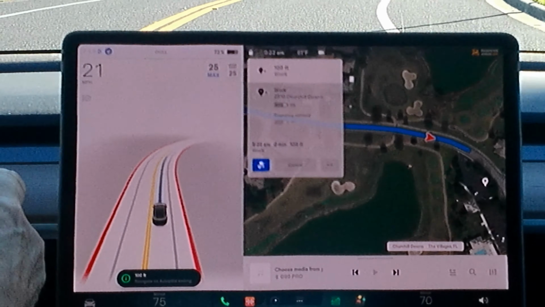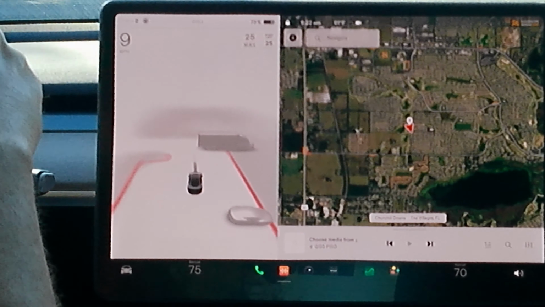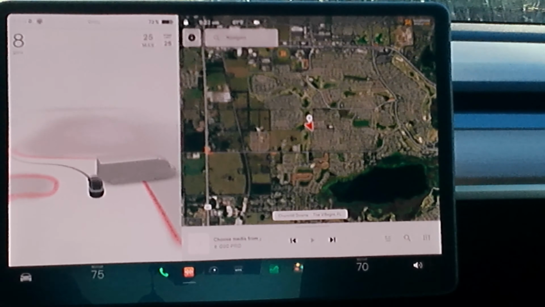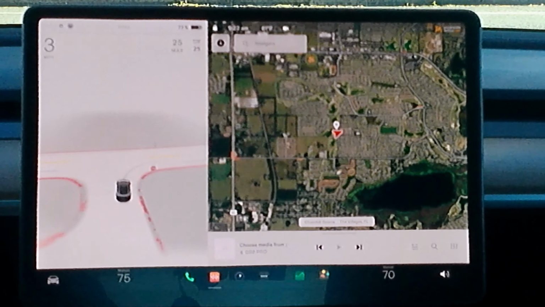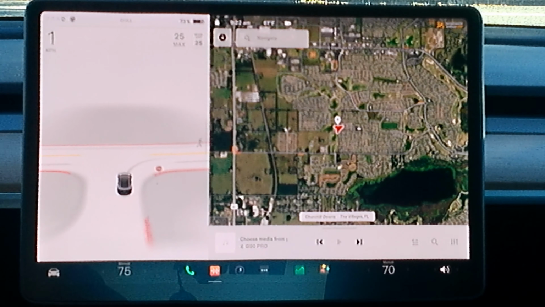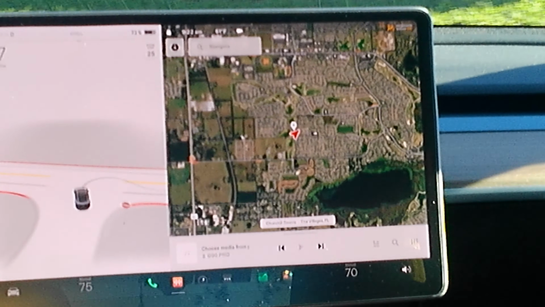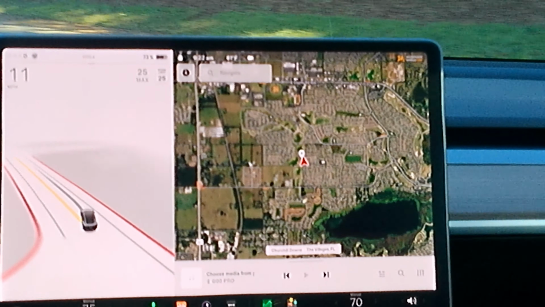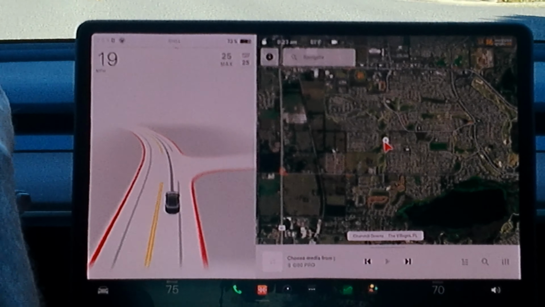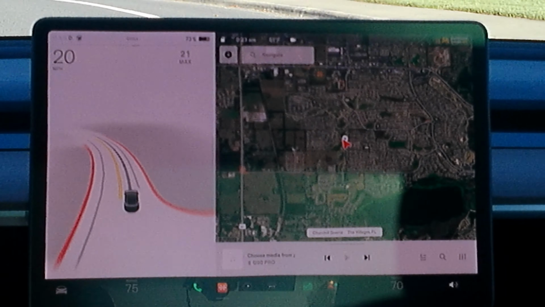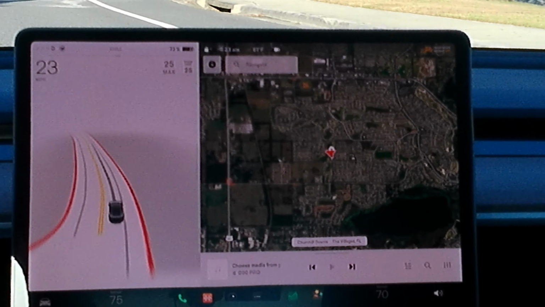For me personally, while testing the beta versions of the software, it's going to make life a lot easier because it gives me a lot more flexibility rather than having to constantly put in a new destination. So I really like what they have done here. They've done a good job. I don't think it's quite finished. I think they can improve on it. But I really want to thank them and congratulate them on giving us this long-awaited update to